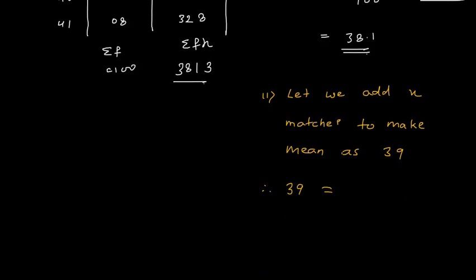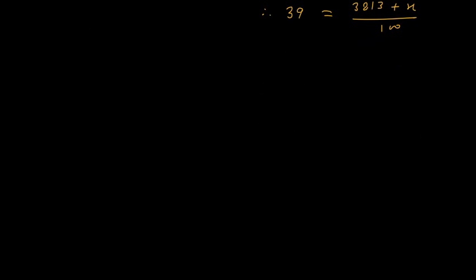So this is equal to (3813 plus x) divided by 100. Therefore this 100 will multiply here, so it will become 3900 equals 3813 plus x. From here we get the value of x. x is equal to 3900 minus 3813. So 10 minus 3,